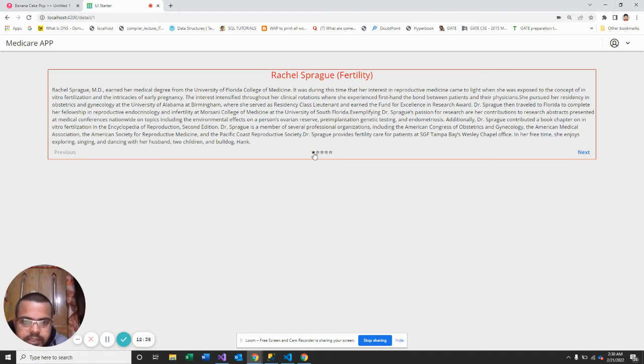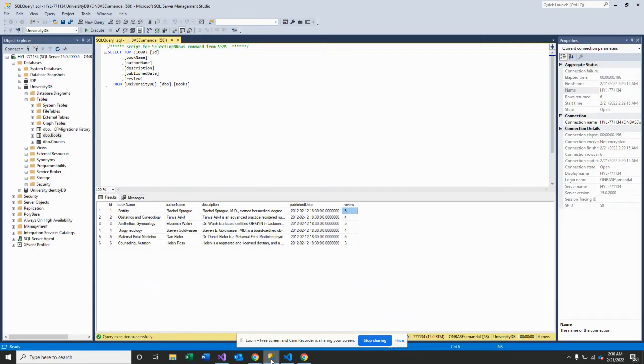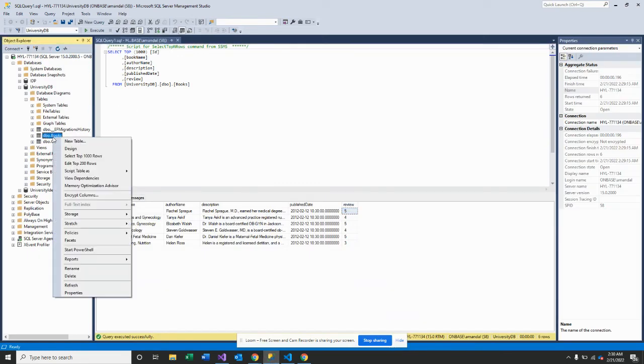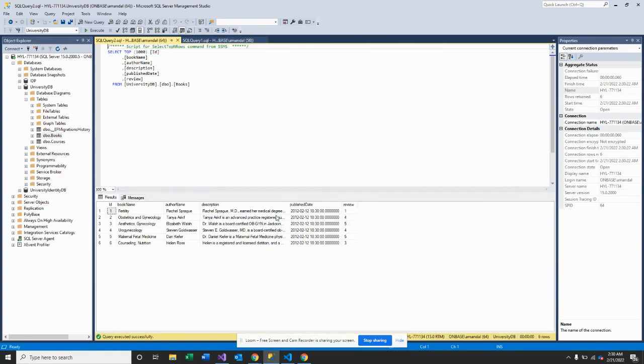If I change this to 1 rating, what will happen? If I change this to 1 rating so that I can update, you can see for ID 1 the review got reduced to rating 1.